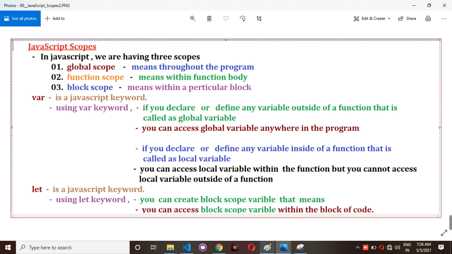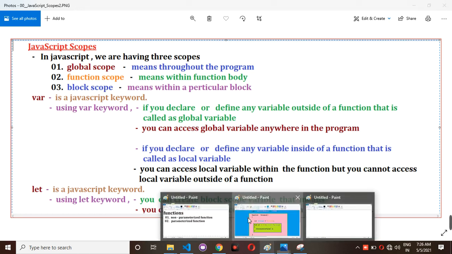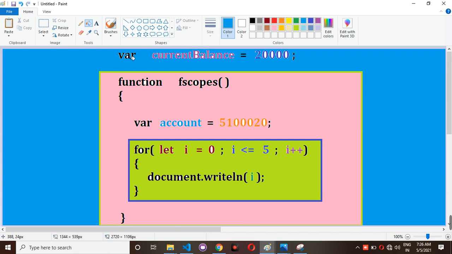For example, if you observe here where I am using the var keyword, current balance is the variable name, and I have created this variable outside of this function, so I am calling this a global variable. Global variable means global scope.